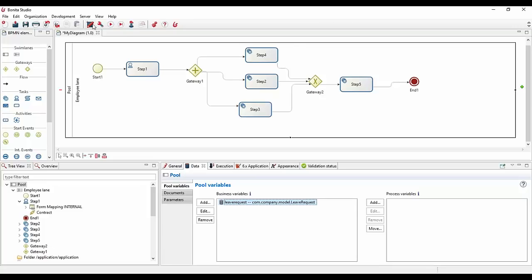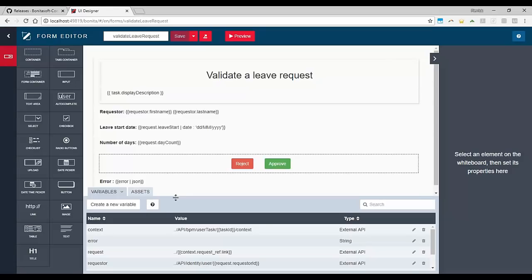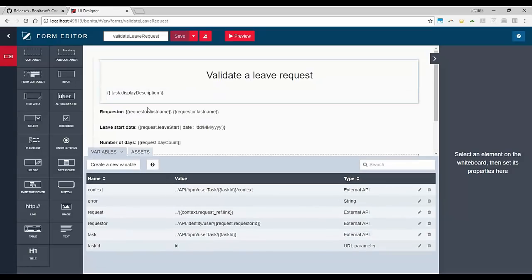On the other side, when you go to your UI designer, and again you will see that in your exercises, if you have a form, let's say this one, you will see that we also have specific types, and this is coming from the variables specific to the definition of your form or your page. So here, when you define your UI, you can say, hey, I have this kind of variable with this kind of value inside.